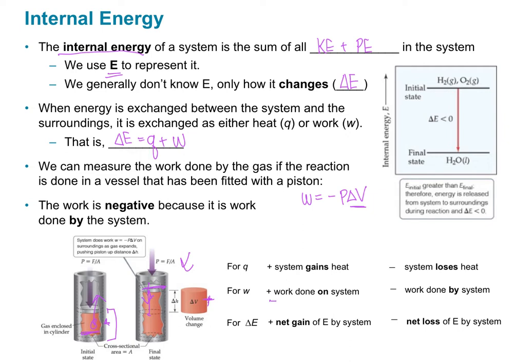So the way that convention is, when we have positive work, that means the work is done on the system by the surroundings. When it's negative, then the work is done by the system. When our heat is positive, our system gained heat. When it's negative, it lost heat. And Q has to do with the total internal energy.